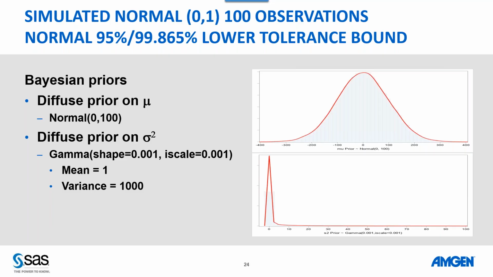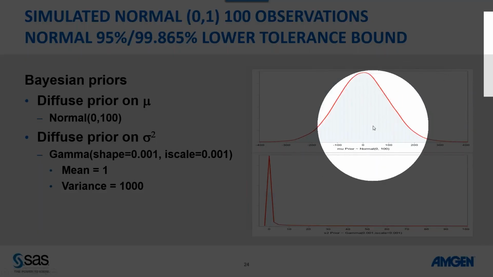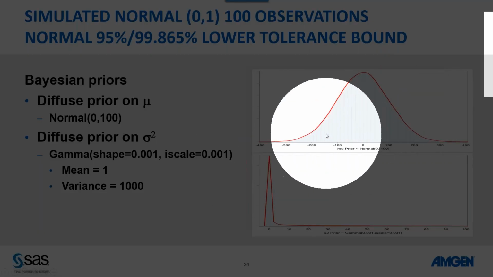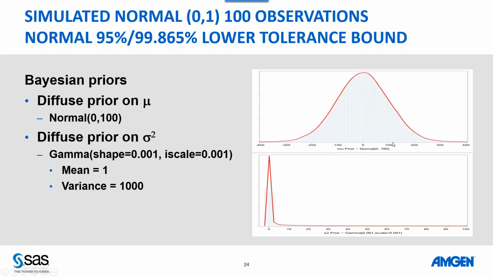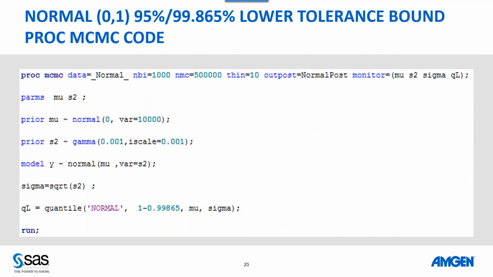And I'm a visual person, I like pictures, so this gives you a sense of what the priors are. We're non-committal about our knowledge of mu. You can see that this distribution has a standard deviation of 100. It's pretty wide. Okay, so now that's the prior information, and this is the MCMC code to run